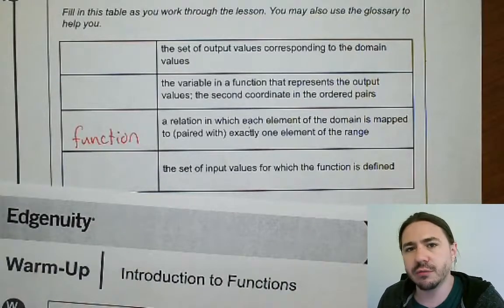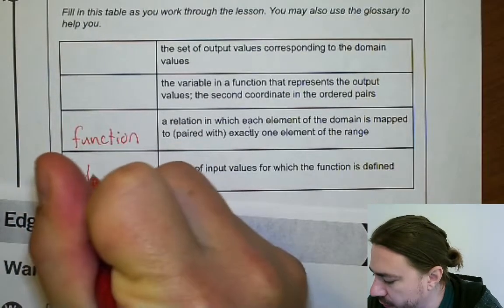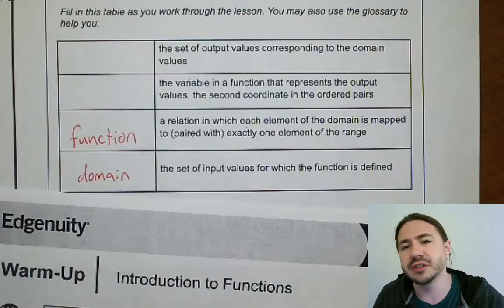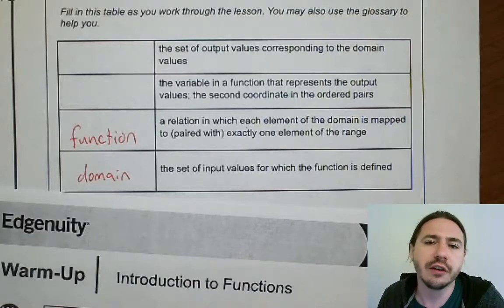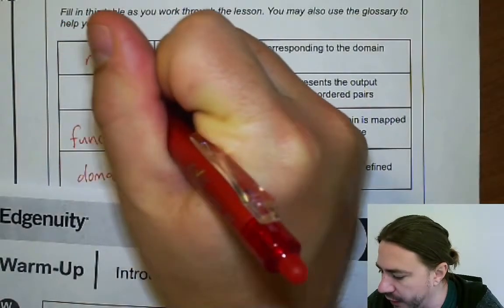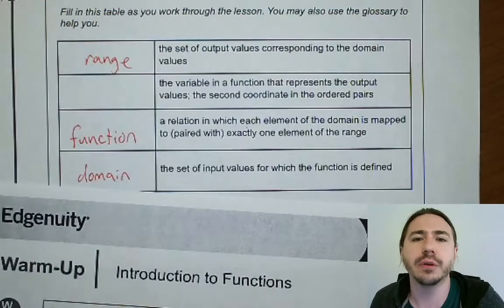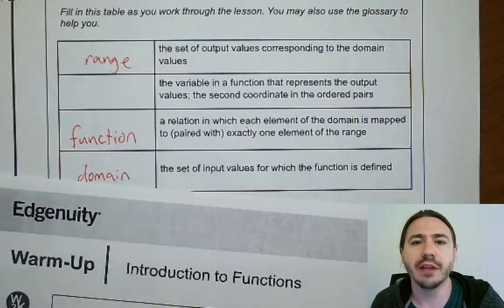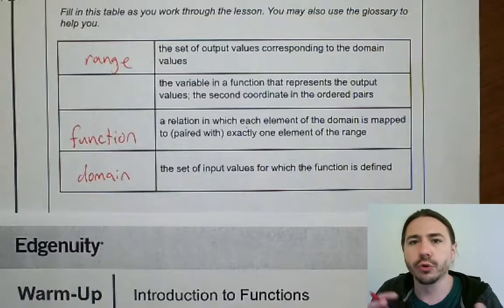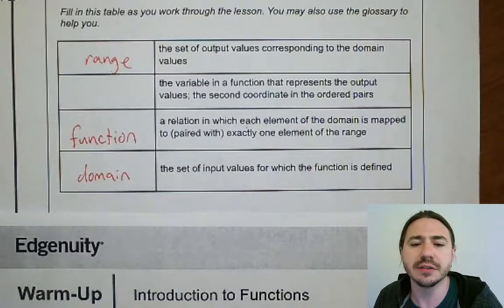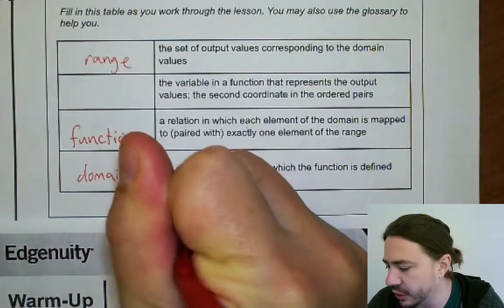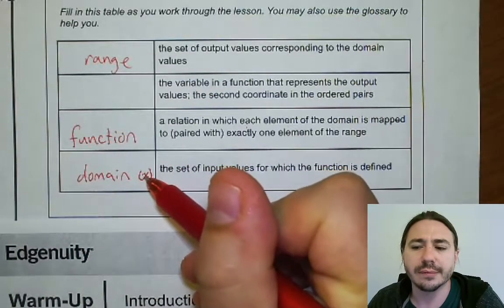So let's work through all those. The domain is like a group of values, okay? So the domain is just the set of input values for which the function is defined. The range is the set of all of the output values. So basically any valid output that the function has, if you group all of those potential outputs, that is the range. So the domain is the inputs, and usually that's your x,